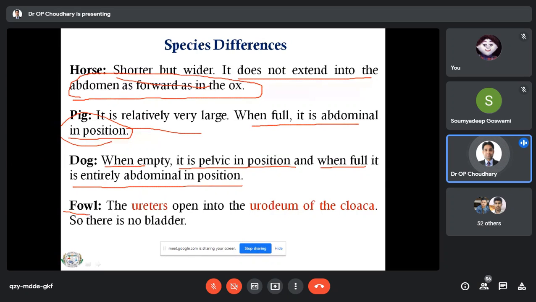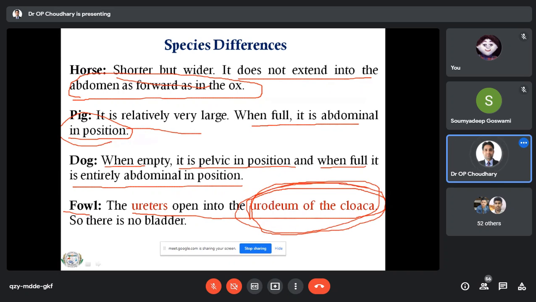In the case of the fowl, very, very important. In the fowl, there is absence of the urinary bladder. There is no urinary bladder. So the two ureters arising from the kidney usually open into the urodeum of the cloaca. What is the urodeum? What is the cloaca? I will teach you later when I cover the organs of the male and female genital system. Okay, so these are the very, very important